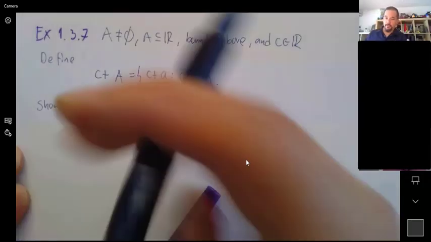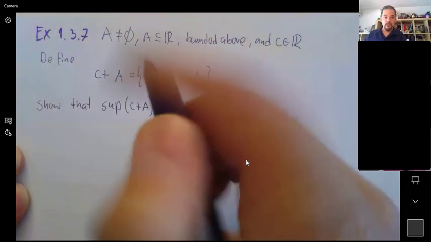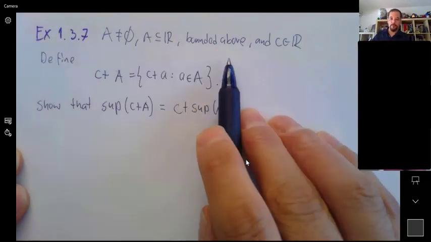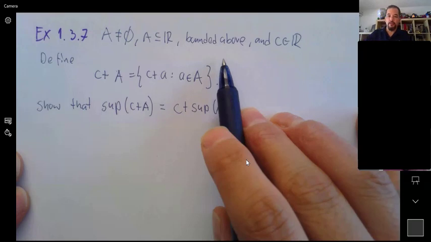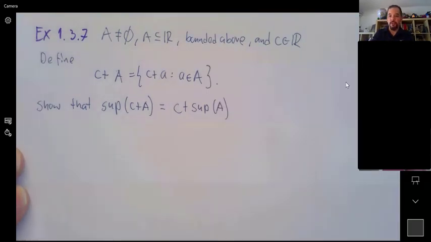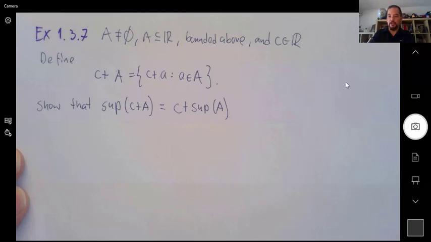Good. So let's continue. Let me go to the page. So we have a non-empty set of real numbers bounded above. Those are the properties we need for us to know that the supremum exists. Okay, and given that,